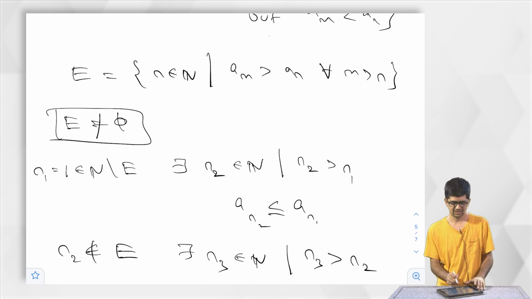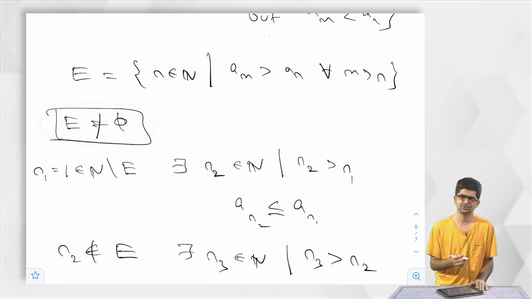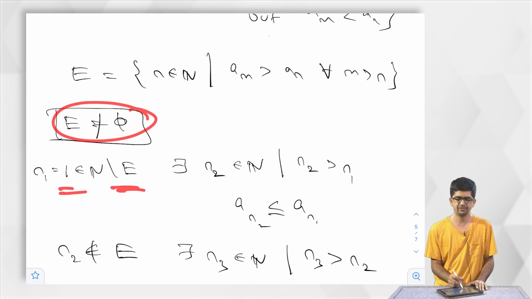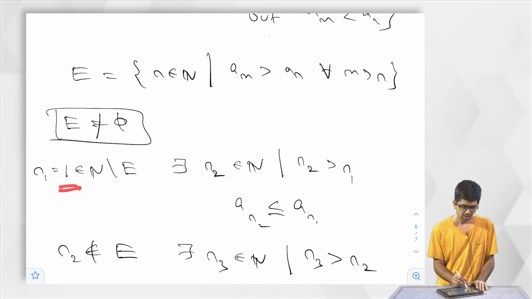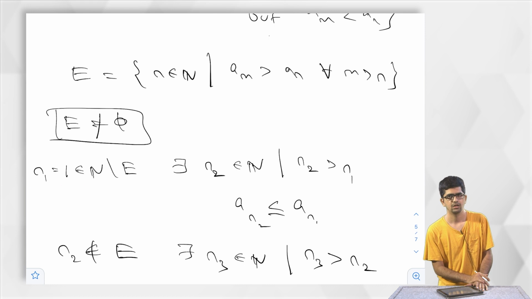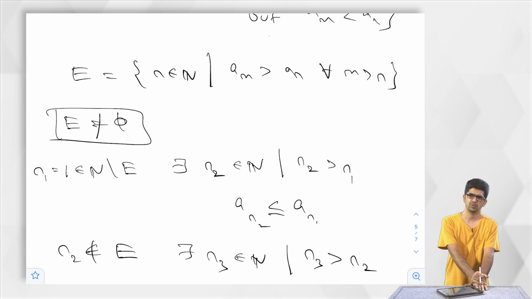Again, if you do not know how to start a different case, let us just go back and check how did you start for the first case. If E was empty, I took the element 1, because E is empty, 1 is not an element of E, but because E is non-empty, the 1 may be an element of E. So, let us not take 1, let us take 2.